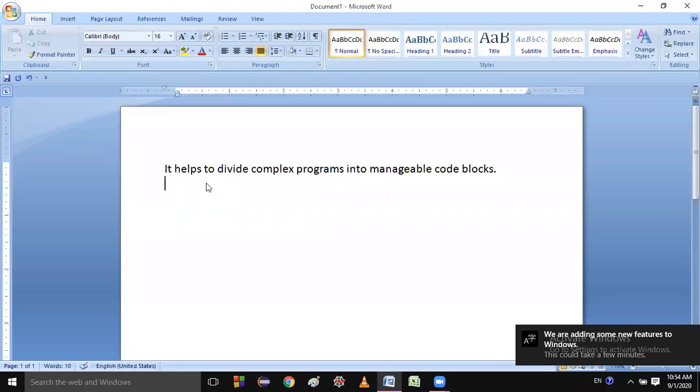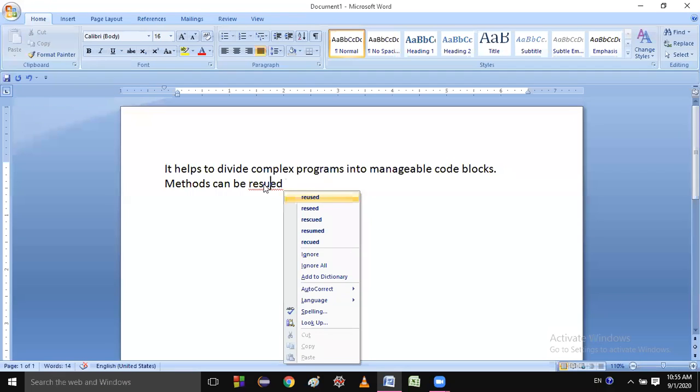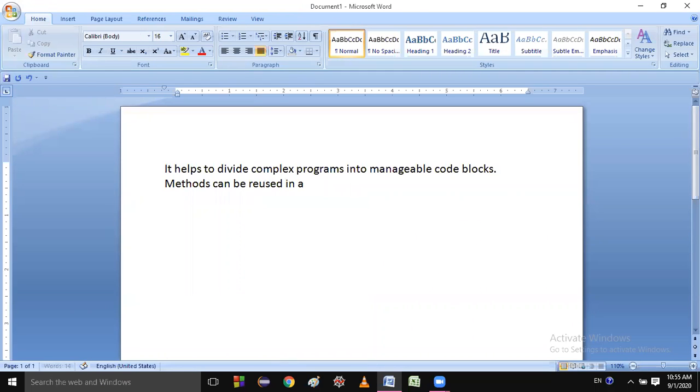So students, next one is methods can be reused in a program without the need to rewrite the same code.